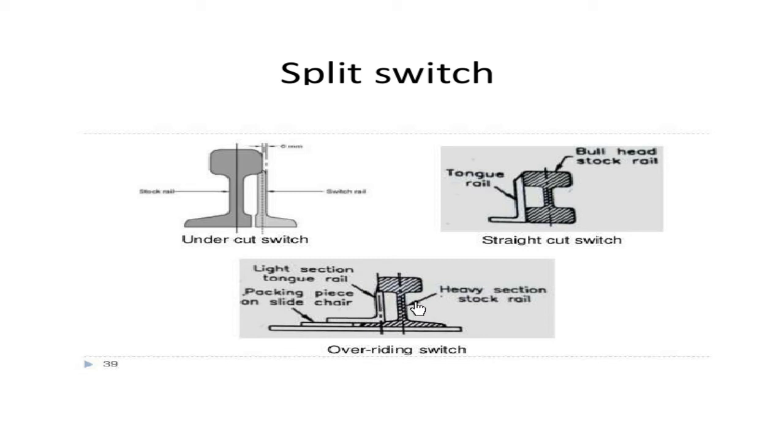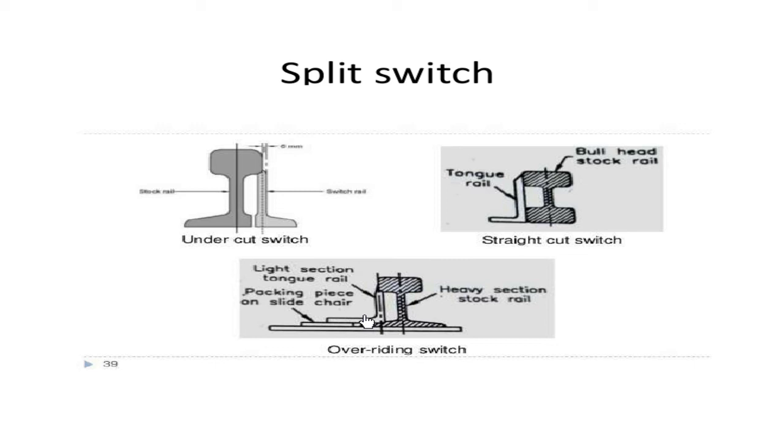So in order to match the level, an extra plate is kept over here so that the tongue rail does not slip. See here, exactly on the foot you are placing this. So when this is moving to the left, then there is a possibility that if this small portion, that is the packing piece, is not kept, what will happen? Then this place will be vacant. Then what happened? If this is coming to the left, then this will slip over here. Okay, so in order to maintain the level, along with the flat-footed portion, a small piece is kept over here, and on that this tongue rail is being fixed. Okay, so this is much better than the undercut switch.